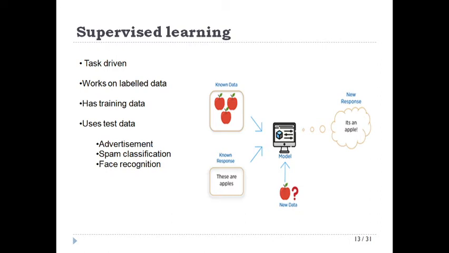Then we have face recognition. So if you have a lot of training data, you can develop your own algorithm for recognizing faces. This was a project done by some of my friends also. When they worked in college, they worked on face recognition algorithms, and they were able to prepare that project within a period of 4 months. It was good. What they did was they generated their own data. They took lots and lots of photographs of my classmates, and then they trained their model on that. So this is your supervised learning.